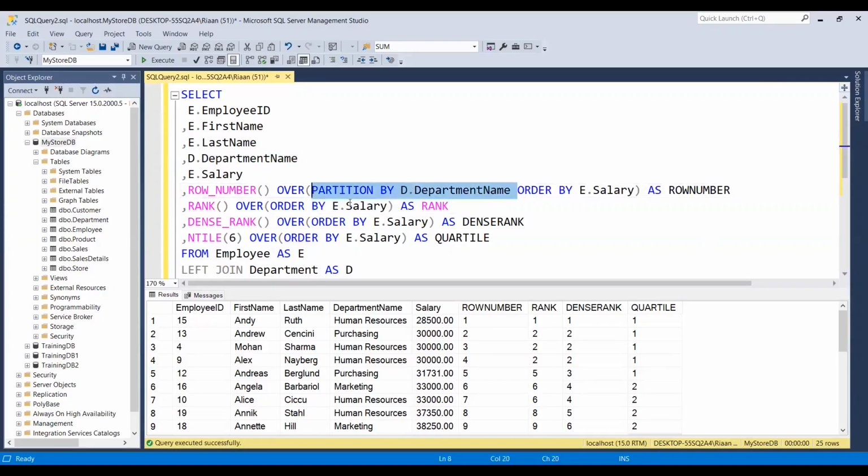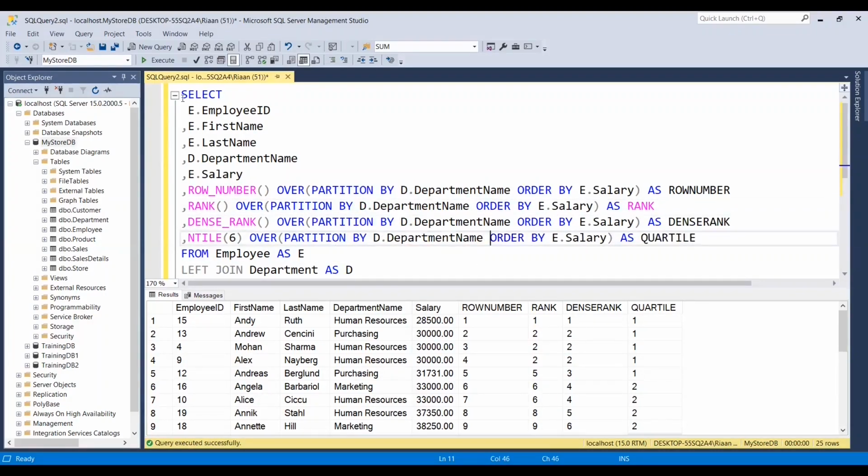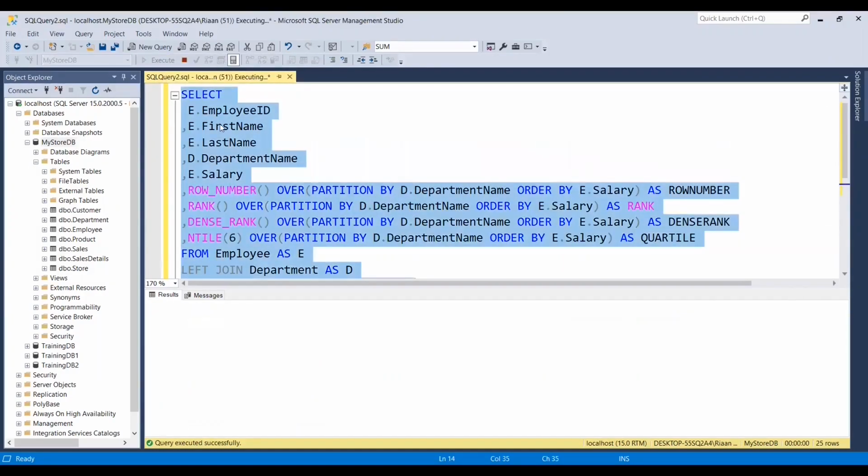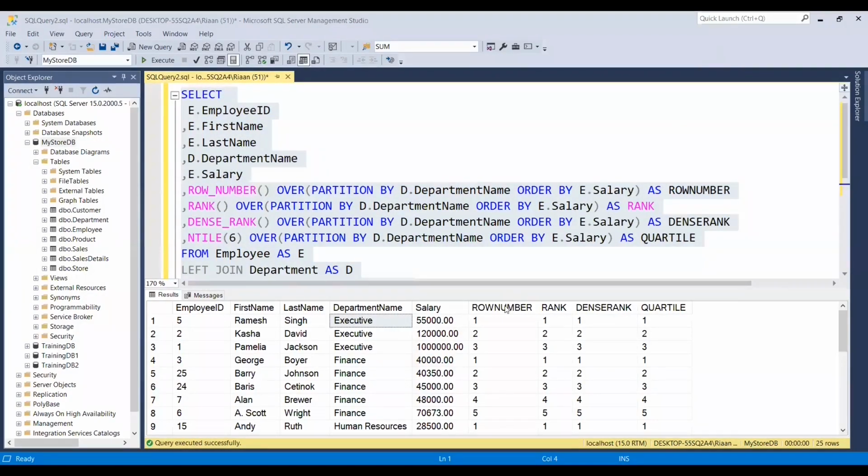So let me do the same for the RANK function. So let me copy this, and same for DENSE_RANK and NTILE. And let's execute this query. So here in this output, it is getting the ranks based on the ROW_NUMBER, RANK, DENSE_RANK